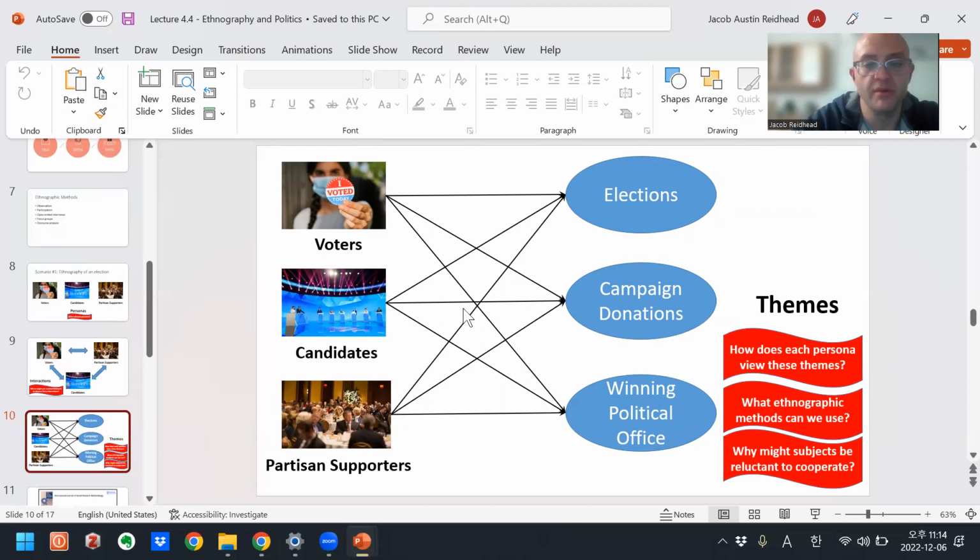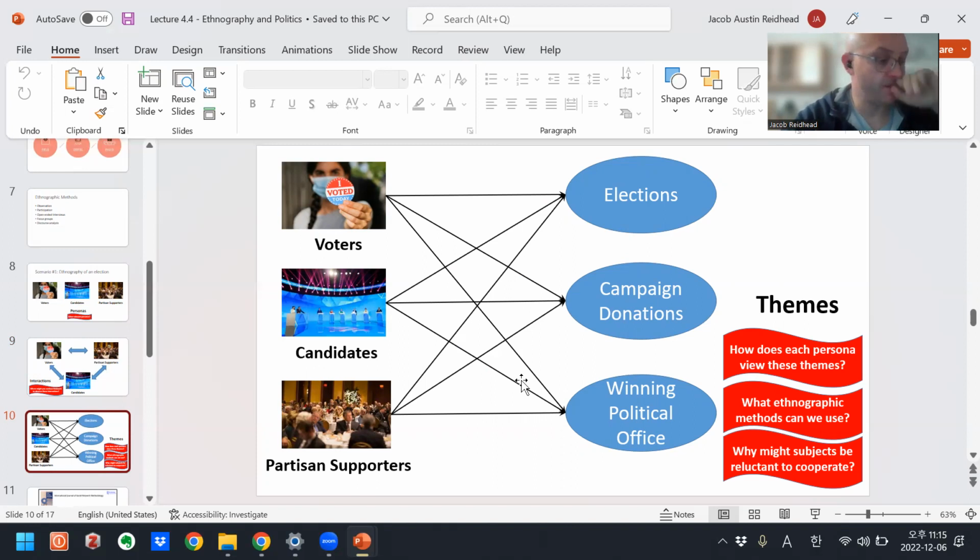For the voter, winning political office might mean that their party wins or that their favorite candidate wins. They might expect these elected officials to represent them in political office. For candidates, winning political office is a career move. They win a competition.